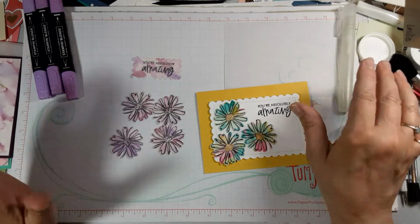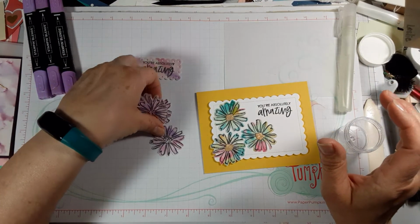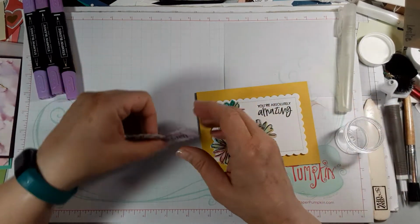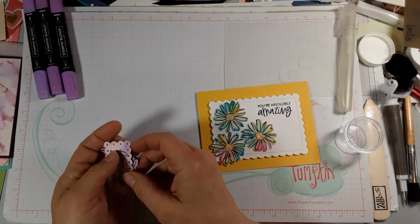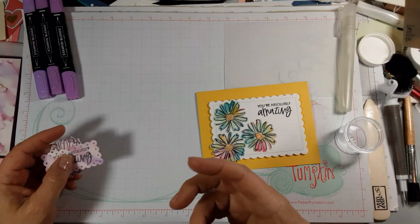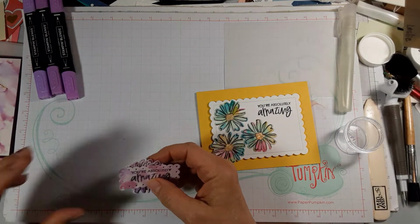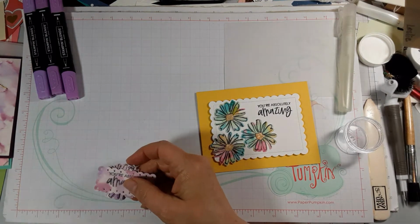orthodontist. No, I'm not getting braces. They are fitting me for a night guard because I clench my teeth really badly at night, which creates so much tension in my neck and stuff, but I have also flaked enamel off my teeth. So in order to save my teeth, I am going to wear a night guard to try and preserve these